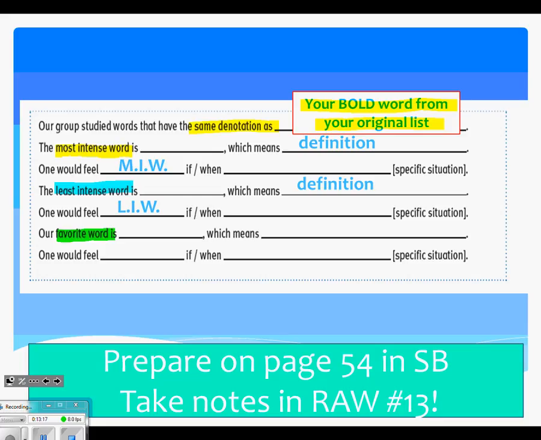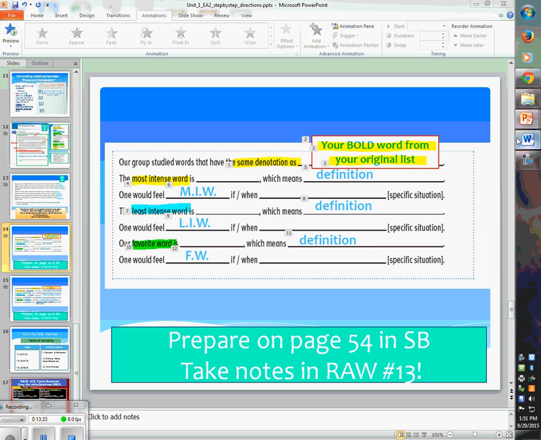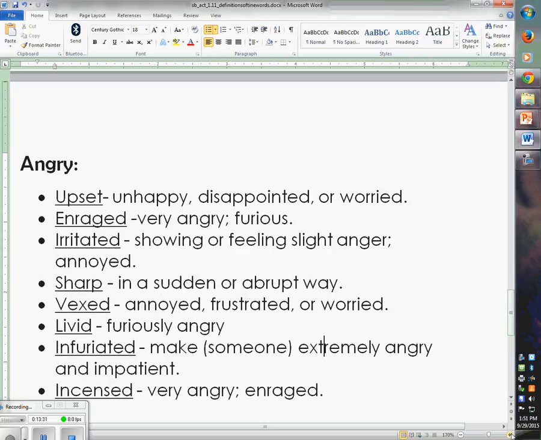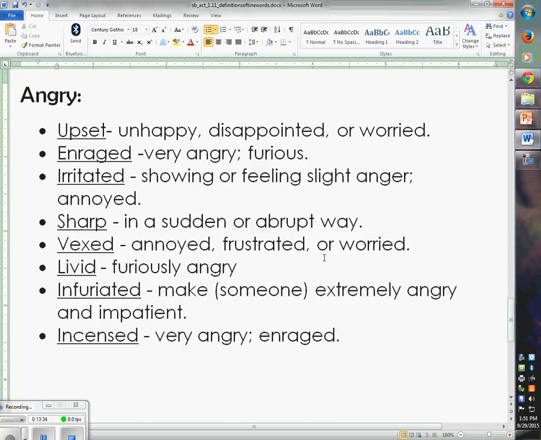I'm going to give you an example of how this is going to work. All right? So what I'm going to have you do is watch the screen. You're going to see one of those 7 words pop up. Now, the one that I'm going to show and practice with you is angry and its counterparts. Okay? This is what I want you to do. I want you just to look at this list, and I want you to write yourself a really small note. So you can put it in the My Notes column on that page. Take about a minute. I want you to write down which version of angry you think is the most intense, which one is the least intense, and then which one you go, hey, I like this version of angry. That's a good word choice. So take about a minute and decide which is most intense, least intense, and your favorite.